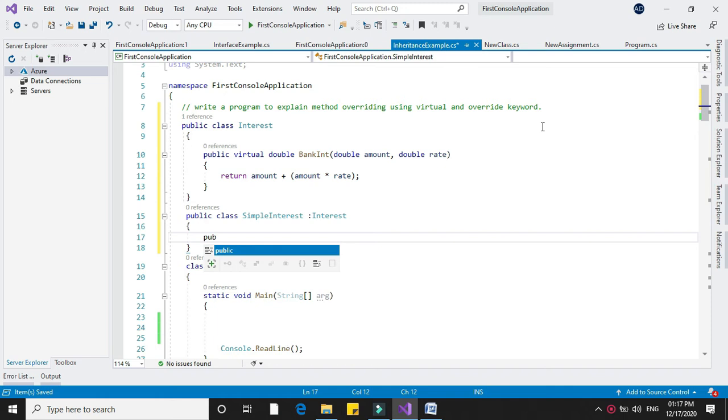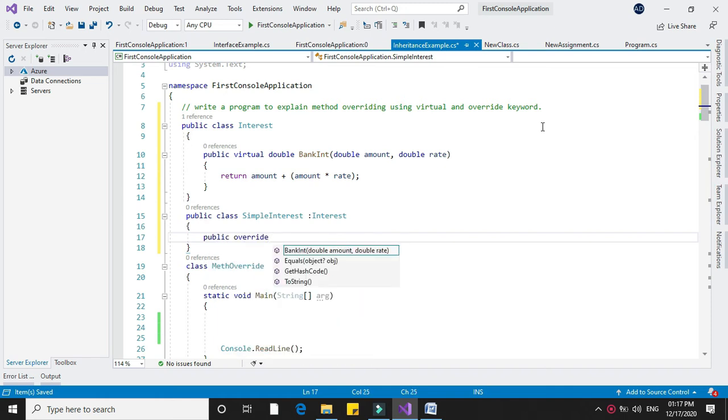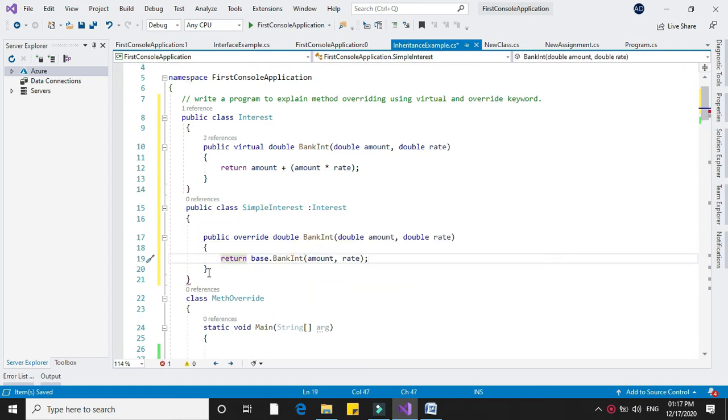And in that I will override the bank interest method returning interest class. So public override, you will get the method declared in interest class, that is bank interest, and you will get the code written in bank interest, that is it will return base.bank interest. I will add 1000 rupees in that to change the value of the bank interest method.